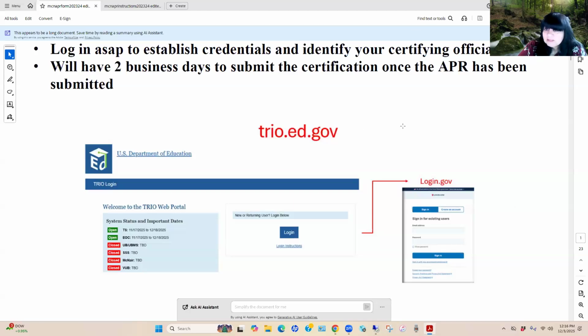So again, some things that you can do now, if you have not yet, is create your login.gov. If you already have a login.gov, just go back and make sure that your passwords are up to date and that you can continue to get into the login.gov account.